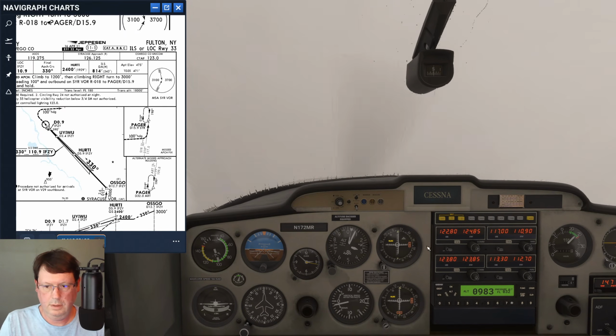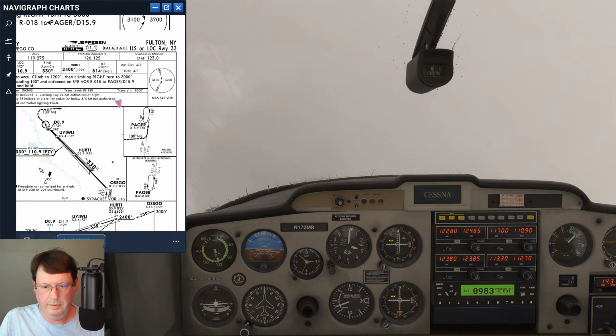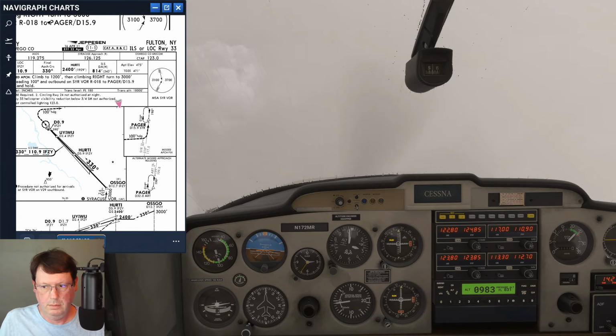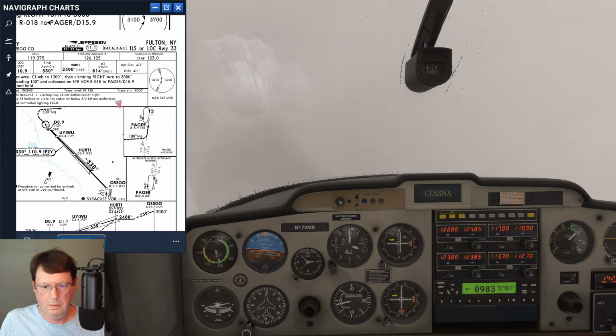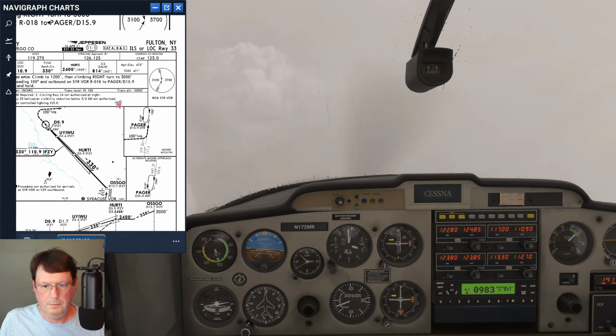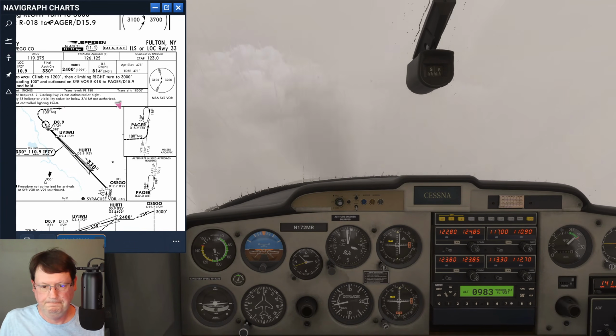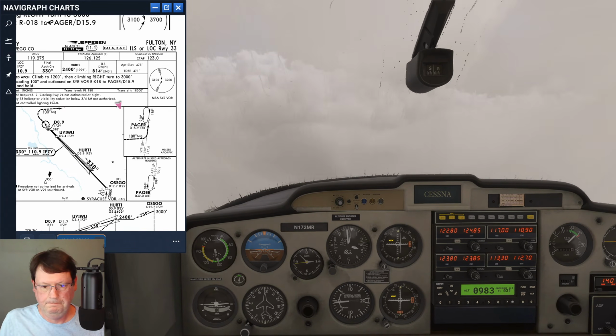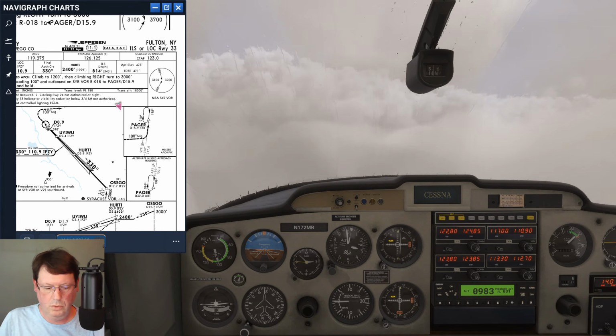So this needle's going to keep going over to the right. But that's going to give us some room to be able to come and intercept the, matter of fact, I'm going to go a little bit further to the left. About 170. And what I'll do,